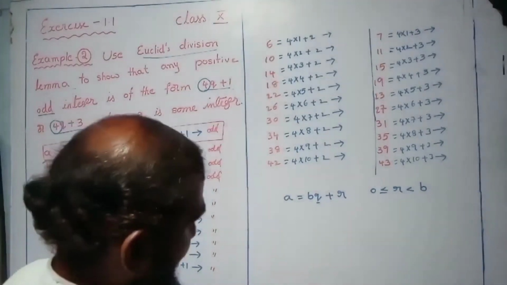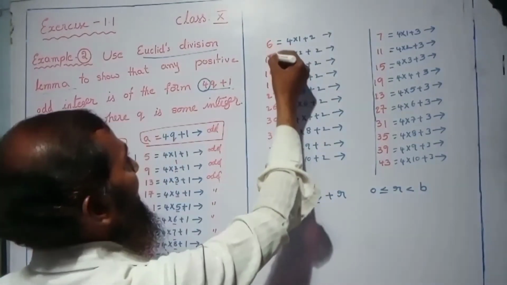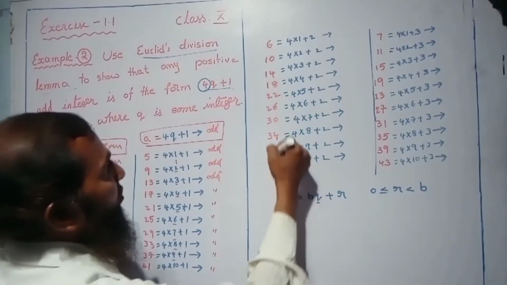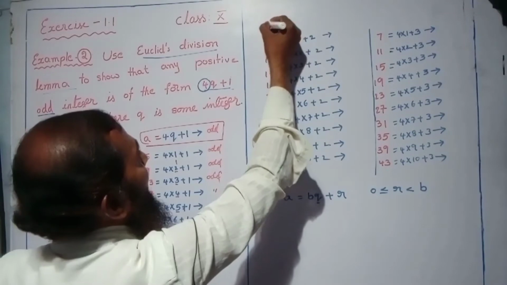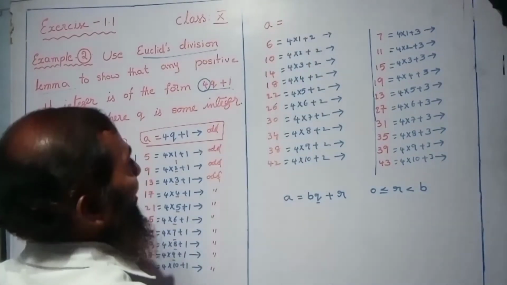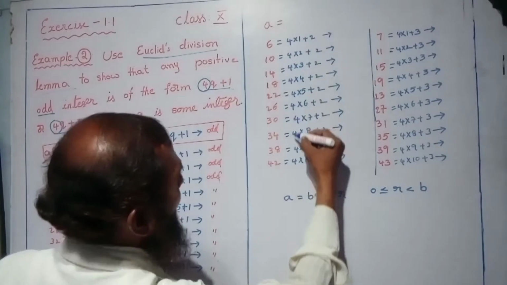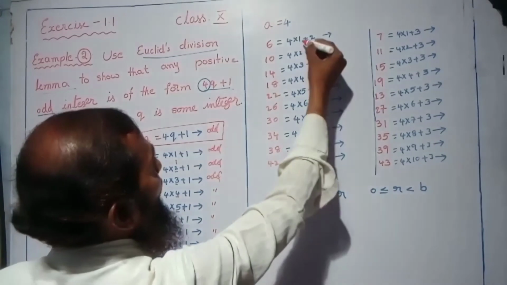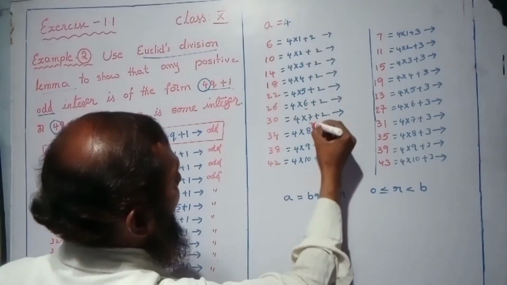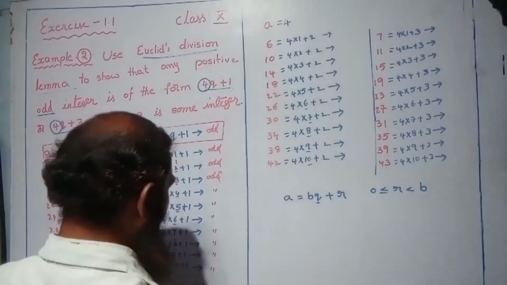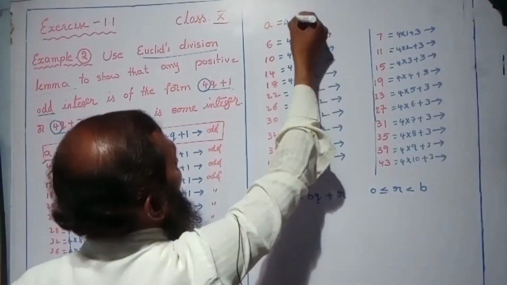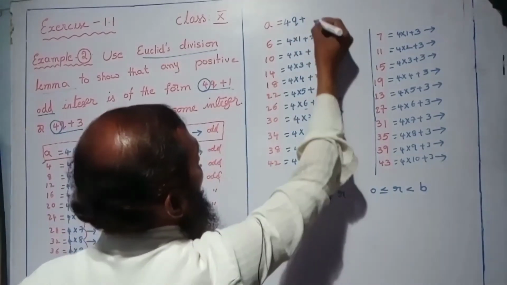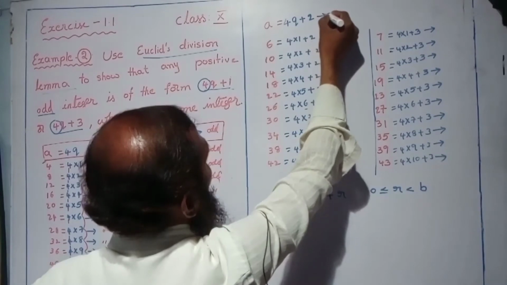Okay, come to here. So 6, 10, 14, 18, 22, 26, 30, 34, 38 and 42. In this place all the values are changing, that's why I am going to take a. And which is constant here? 4, 4, 4, 4, 4. So 4 is constant, so take 4. And see here 1, 2, 3, 4, 5, 6, 7, 8, 9, 10. These are all integers, positive integers. In this place I am going to take q. And plus, which is constant? 2, all are 2, we are adding 2. So take 2.